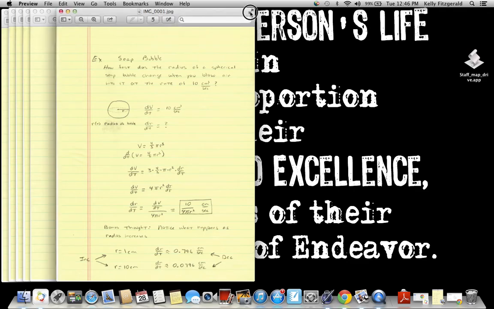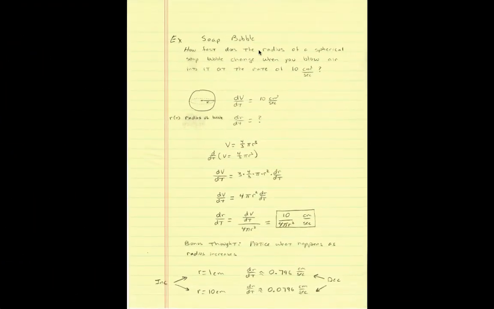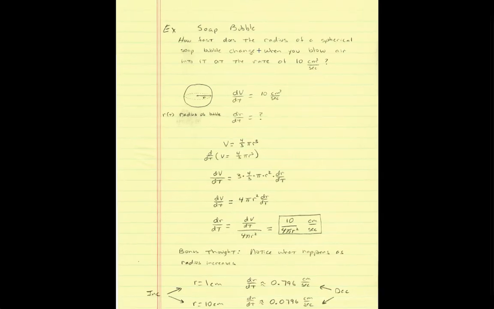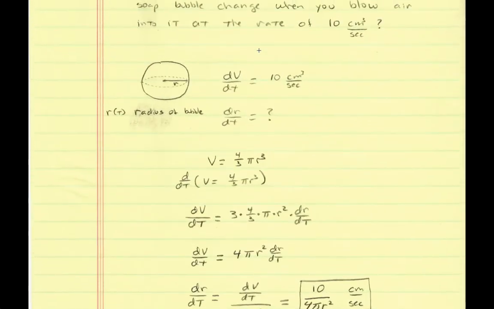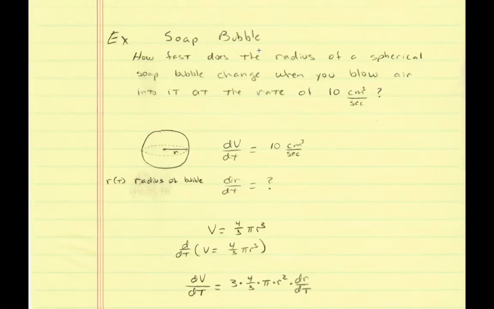Let's start the second major example we're looking at in terms of related rates, and that would be a soap bubble problem, which in this case is a sphere. That's what makes it interesting. So the question is, how fast does the radius of a spherical soap bubble change when you blow air into it at a rate of 10 cubic centimeters per second? Again, because we're dealing with a sphere, probably we're going to deal with a three-dimensional idea,